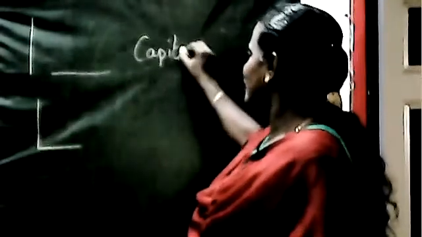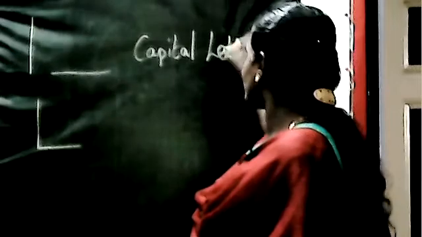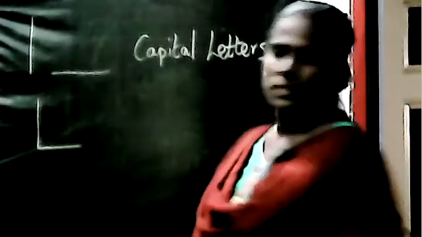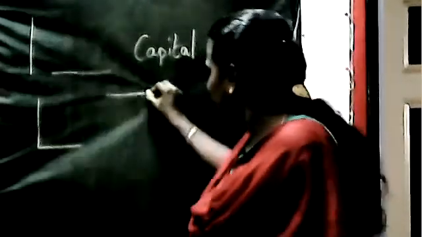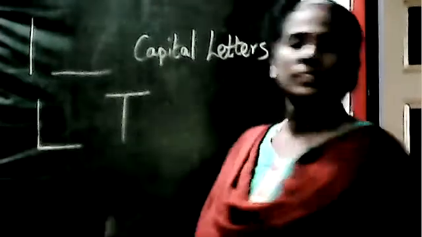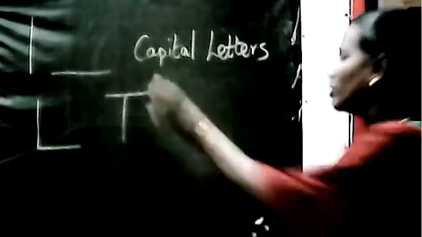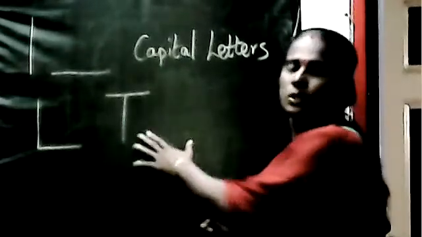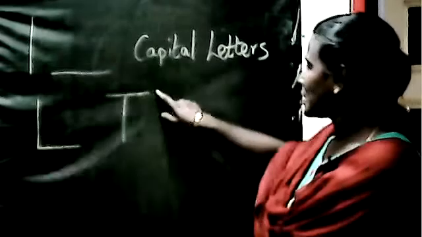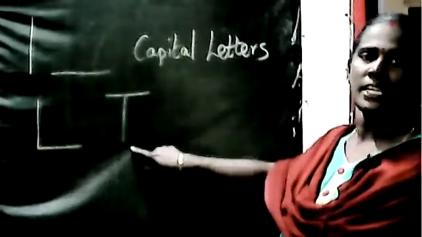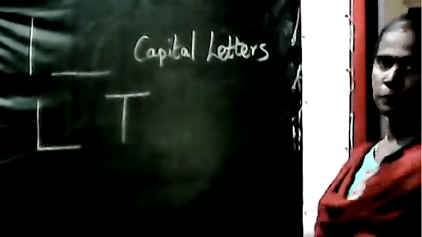So now see here, this is a standing line, sleeping line, letter L. So we have learned the capital letters. Now first letter is L. Next, sleeping line, then a standing line. So this is letter T. So you all know to write these letters. We have written this letter in the classwork and homework. So sleeping line, and in the center one standing line, this is letter T.